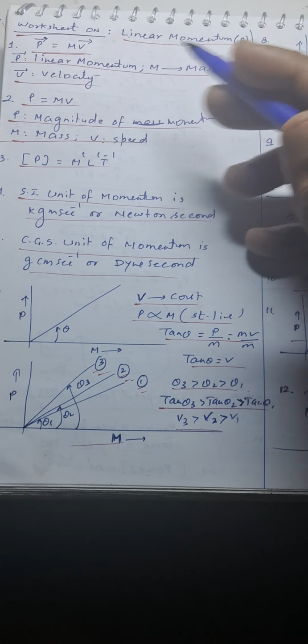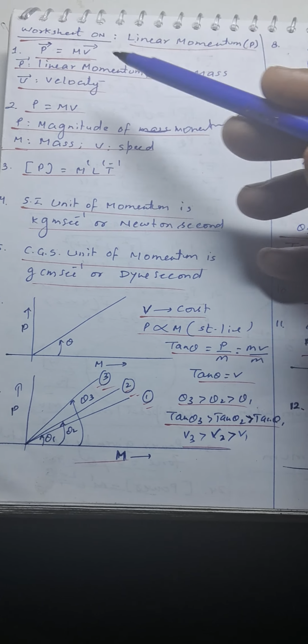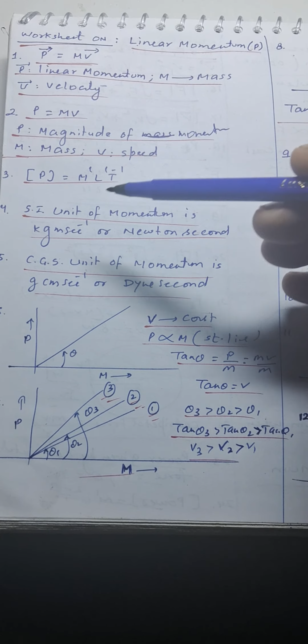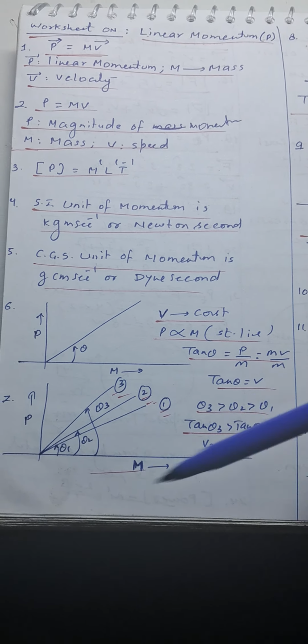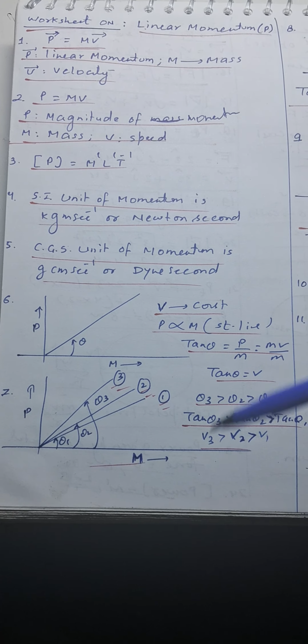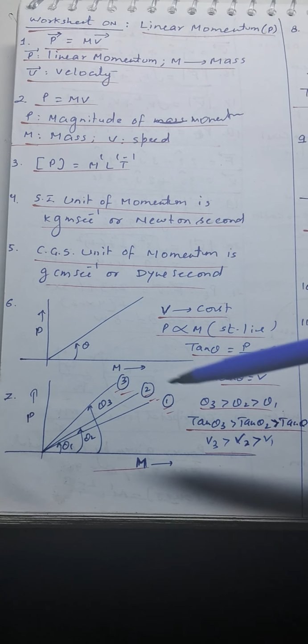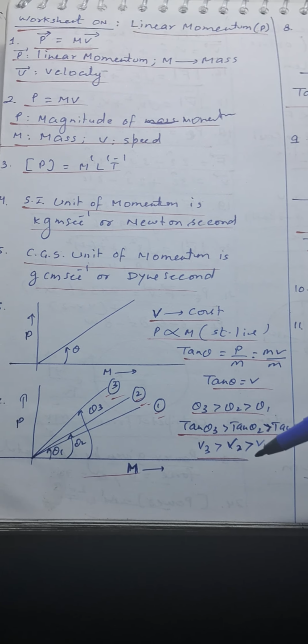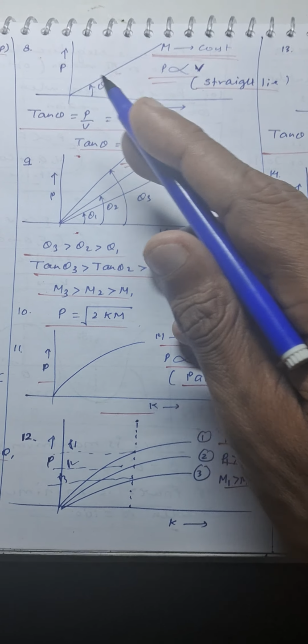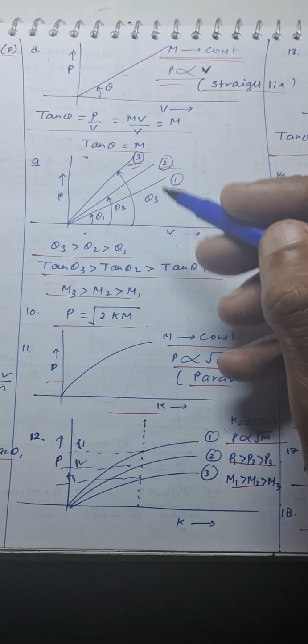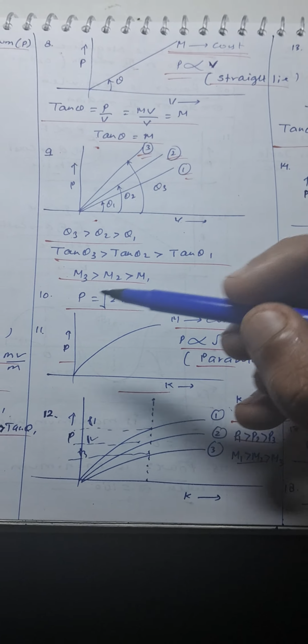It is linear momentum, worksheet on linear momentum. Based on definition of momentum, then its magnitude, dimension, SI unit, CGS unit, graphs with mass, variation of graphs if mass gets changed, if speed gets changed, their calculations and analysis. Then we have questions based on momentum, magnitude versus speed, then calculations of masses in three different cases, then momentum